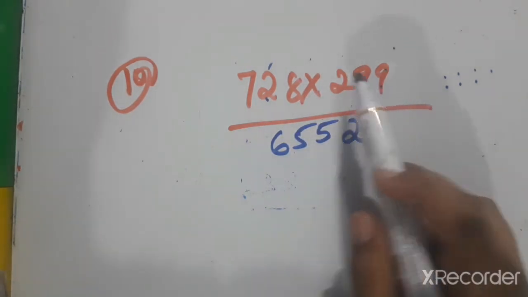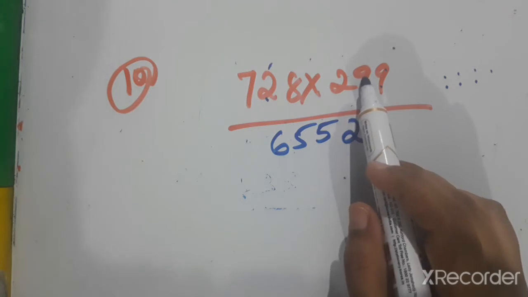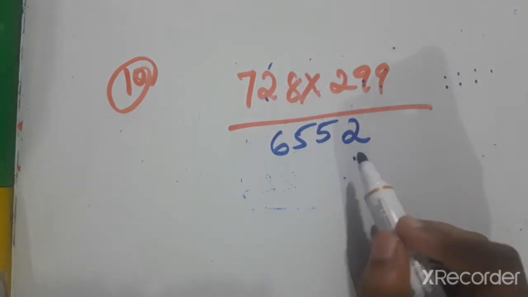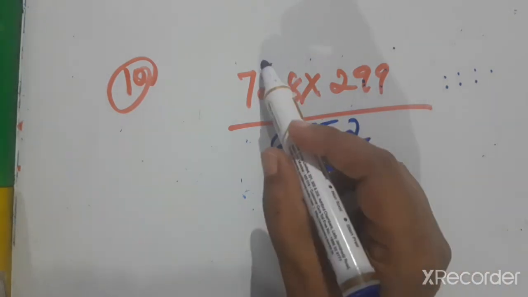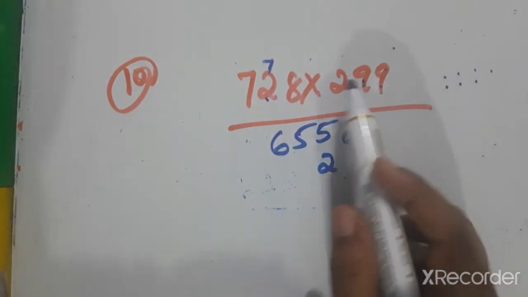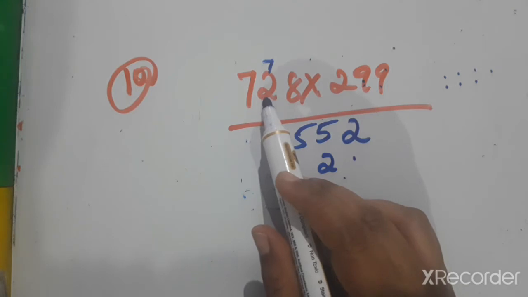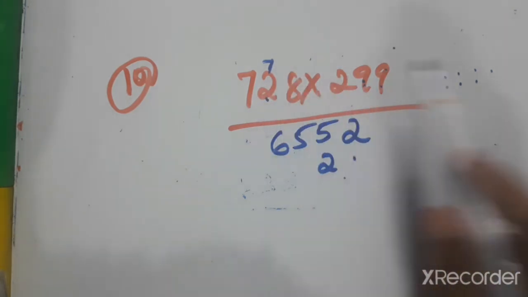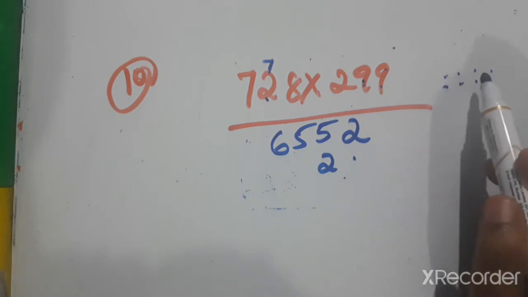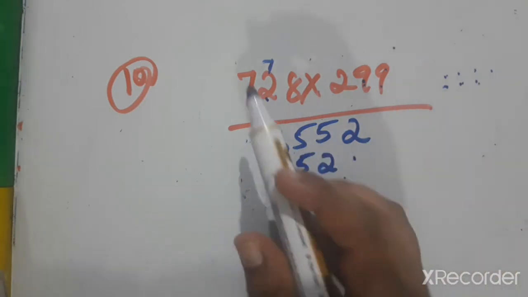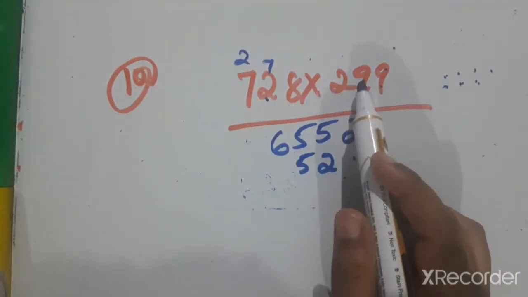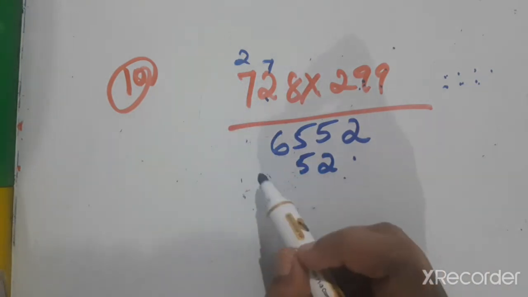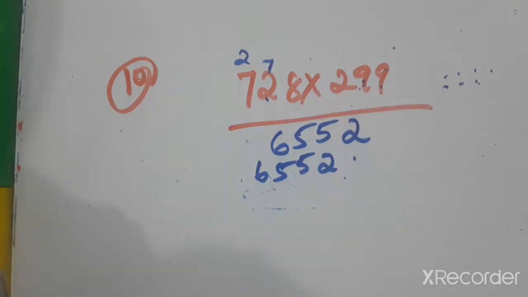Now again with 9, the second number is also 9. So 9 with each number we have to multiply. 9 eights are 72. Leave one space and write 72. 7 carry out to next place. 9 twos are 18. 18 plus 7 is 19, 20, 21, 22, 23, 24, 25. 25 means 5, carry out to next place. 9 sevens are 63. 63 plus 2 is 65. So that line is over.